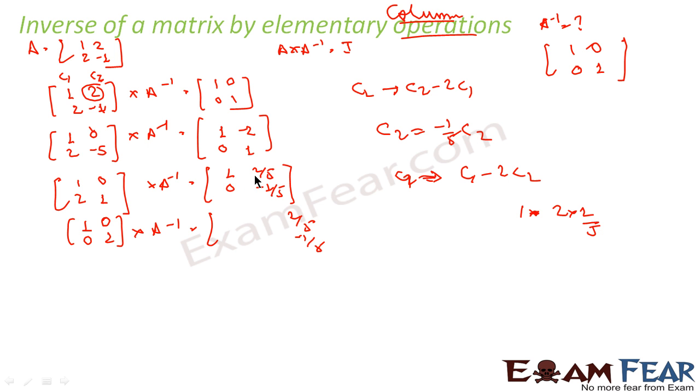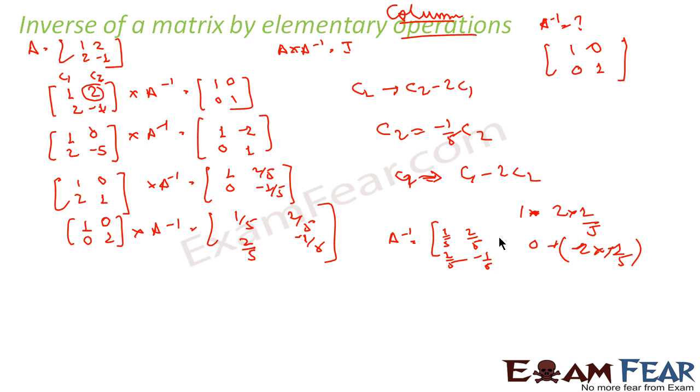Correct? 1 minus 4 by 5, so this becomes 1 by 5. And this becomes 0 minus 2 into minus 1 by 5. So minus minus cancel, plus 2 by 5. This becomes 2. So this is my answer. This is 1 by 5. So I say A inverse is nothing but 1 by 5, 2 by 5, 2 by 5, minus 1. And then